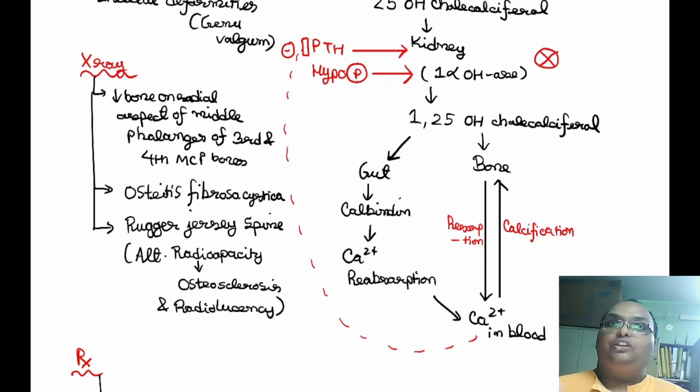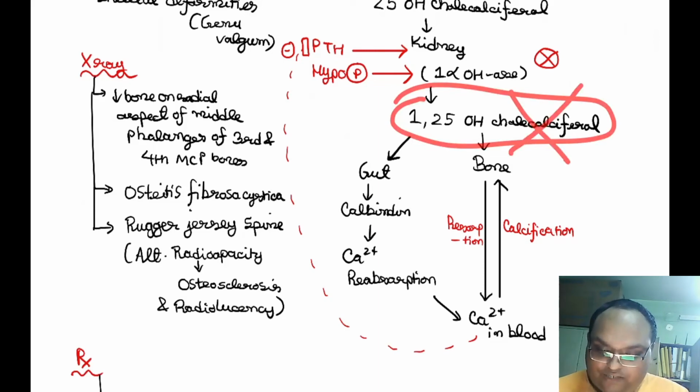That means parathormone is giving a permissive effect on the 1 alpha hydroxylase enzyme in the kidney, so that you convert inactive 25 hydroxycholecalciferol into active 1,25 dihydroxycholecalciferol. Now, calcium in the blood inhibits this PTH. That means when there is increased calcium in the blood, it will inhibit parathormone, and so parathormone will no longer stimulate 1 alpha hydroxylase, so inactive vitamin D will no longer get converted into active vitamin D.